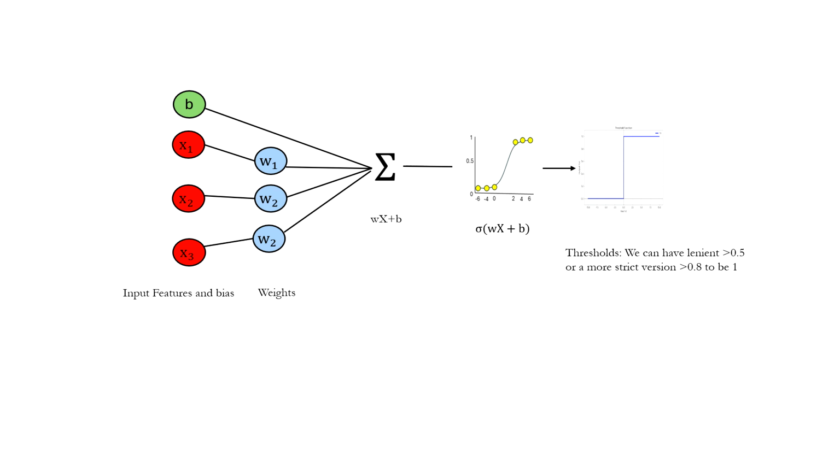If we're not that strict, it could be 0.5. So this has real world ramifications in terms of what you decide to use, right? It could affect people's lives. It could affect